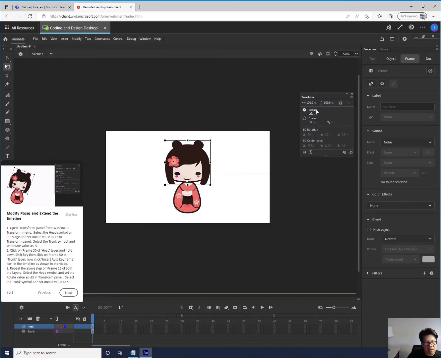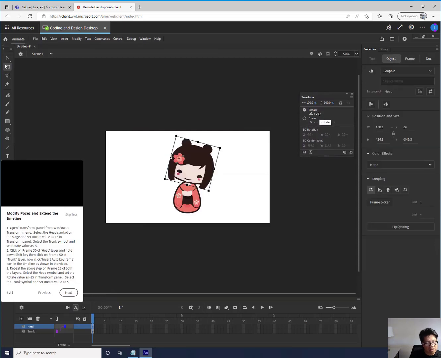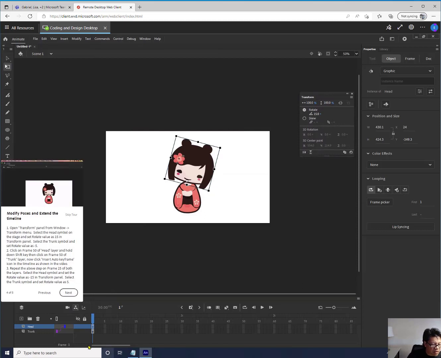In here, you see where it says rotate and there's 0.0? Click on it and type 15, hit enter. So it kind of tilts her head. Just want to let you know, this right here is frame 1, and it's an empty frame right now. Her head, excuse me. Her head,